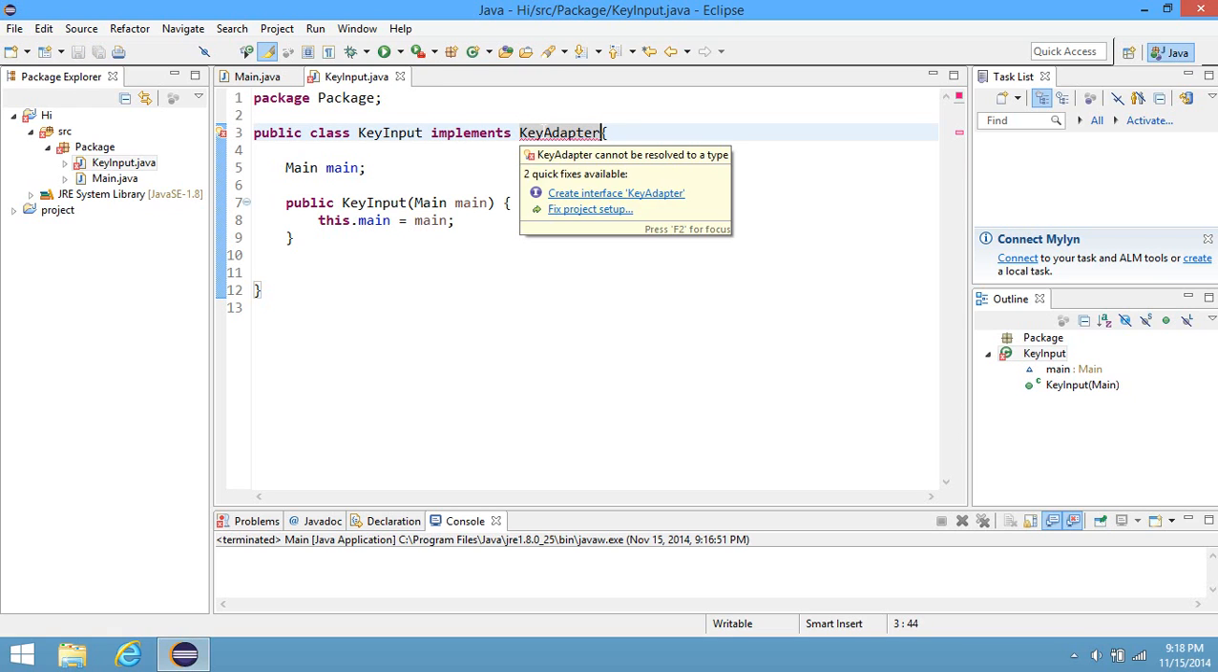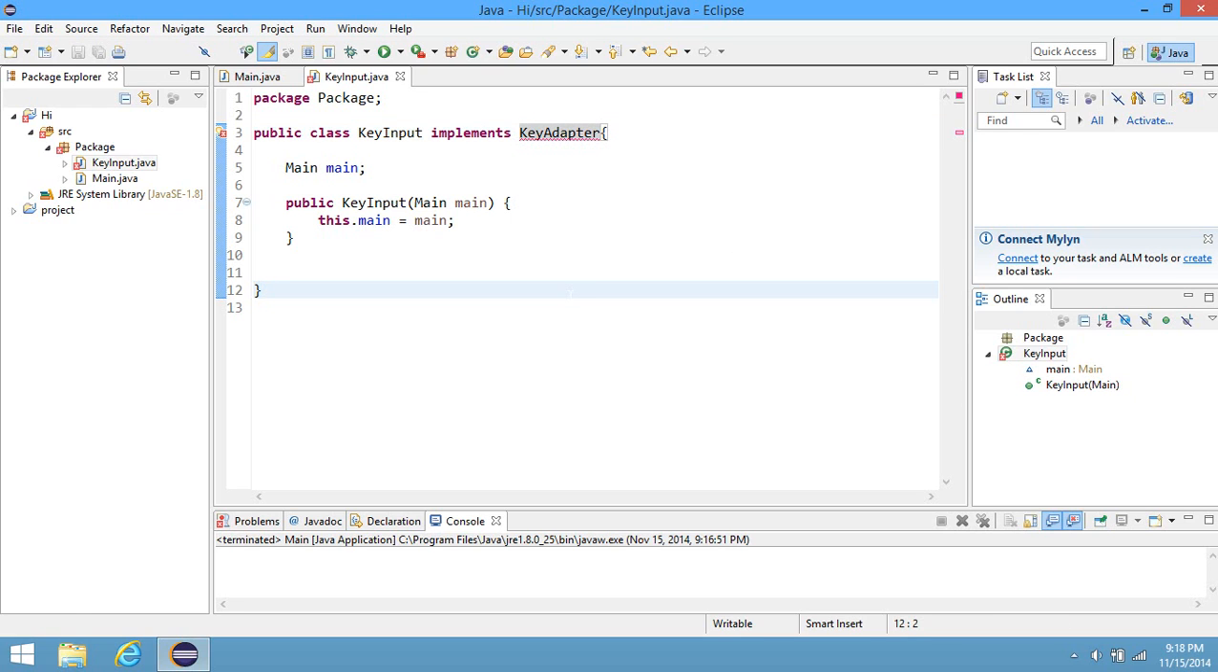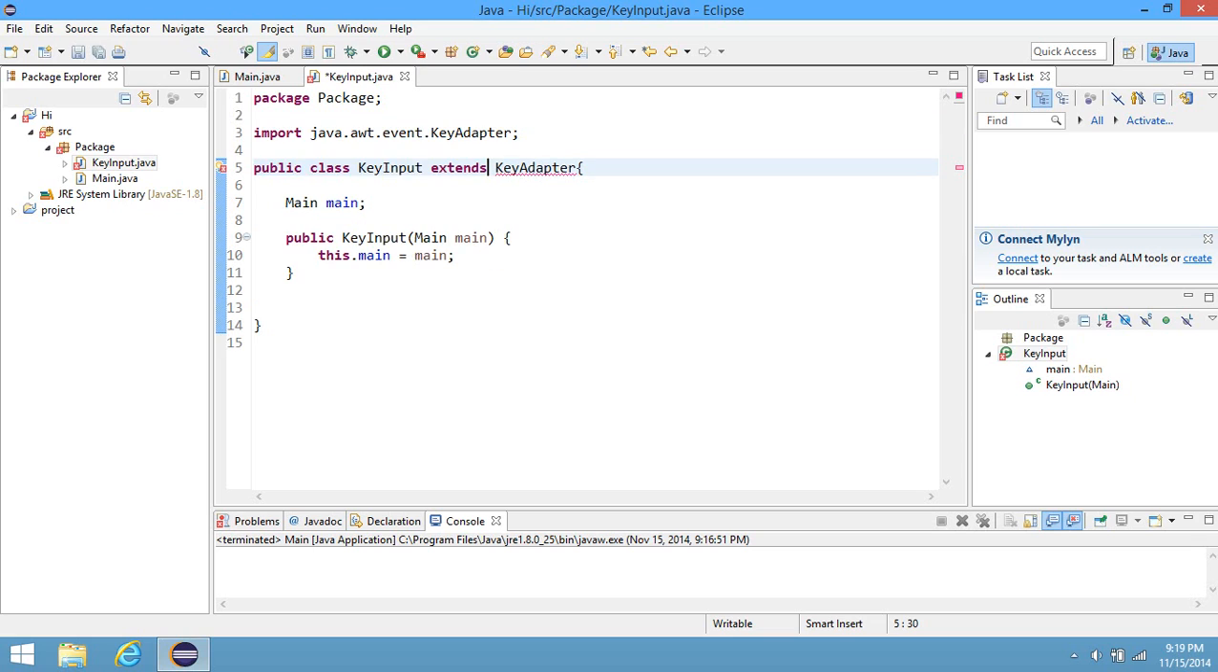Then you'll see there's an error, but that's because we need to import it. Oh yeah, it's supposed to be extends KeyAdapter. So you can just import it right there. You don't get an error if you don't, but to make it work, after you press a key,